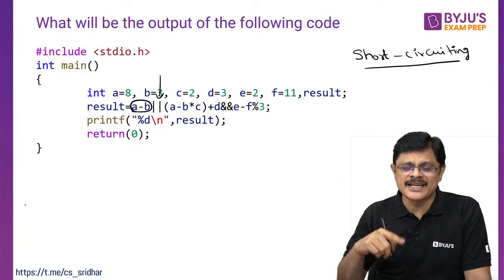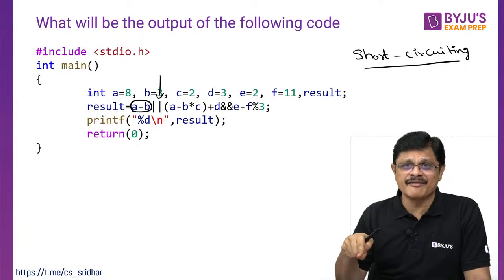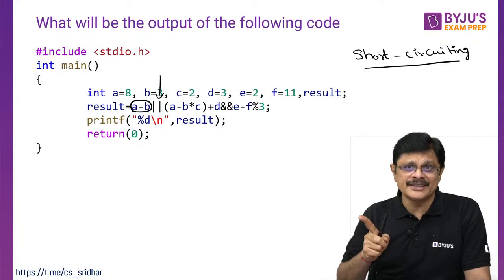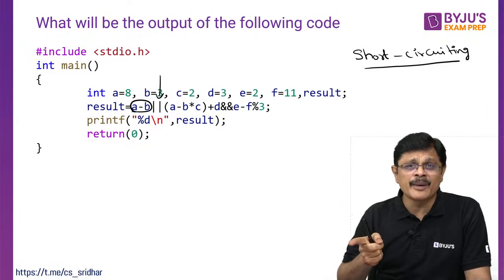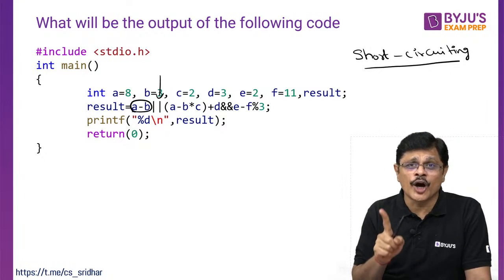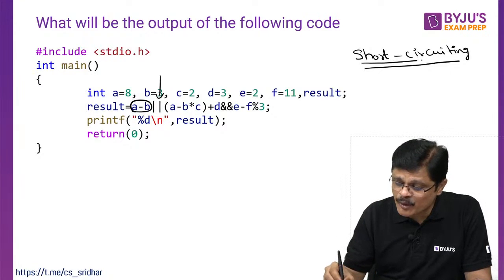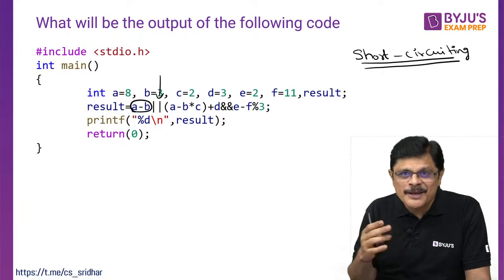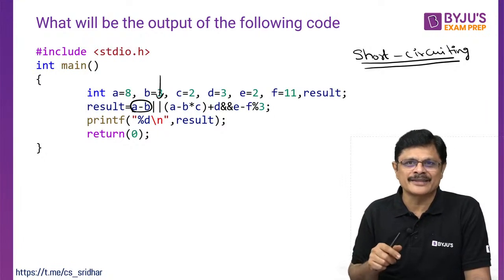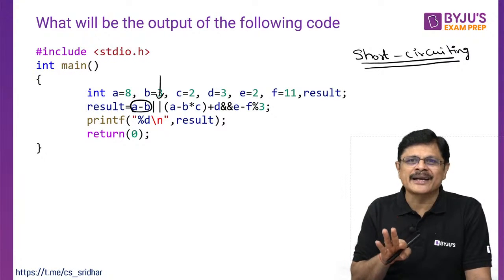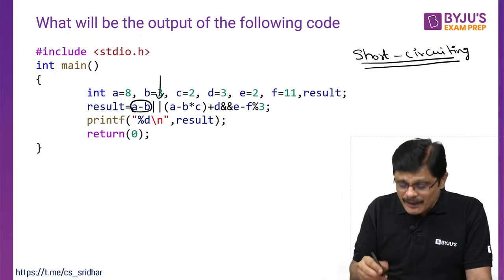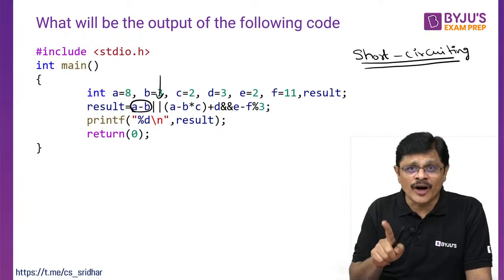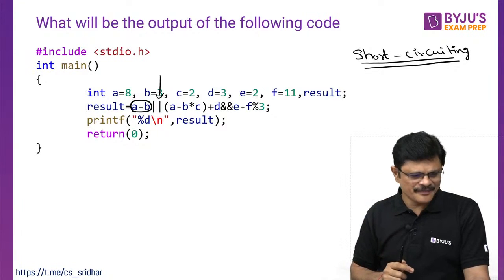So generally people don't expect anything to change. For example, they avoid using increment and decrement operators, post-increment and pre-increment, together with logical and, logical or. Please note that point, because there is a possibility of short circuiting. Of course, programmers like such tricks, because they can use different logic and predict the output. But a good programming practice is to avoid assigning any value within an expression containing logical and or logical or. That is the point to be noted.